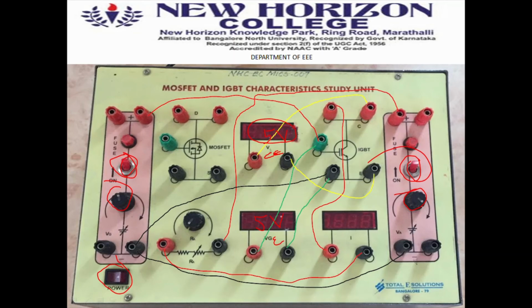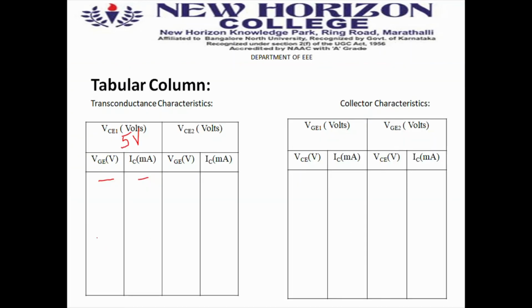When it reaches the value of 5 volt, what will happen? The current which showed 0 or leakage current before suddenly shows a much higher value of current. That means beyond 5 volt, the IGBT has turned on. It has a drastic increase in current. So if I keep increasing the voltage, when it reaches 5.1 there will be a large value of current here. That means the IGBT has turned on. Beyond this, if I keep increasing this voltage even very slightly, there will be a drastic increase in current.